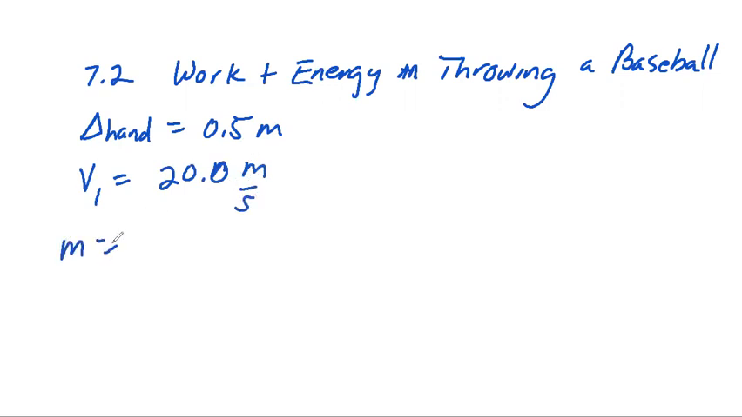And mass was 0.145 kg. Find the magnitude of the force your hand exerts on the ball. Find the speed of the ball at 15 meters above the point where it leaves your hand. Ignore air resistance. Okay, so we've got K initial plus U initial plus the work by other forces,